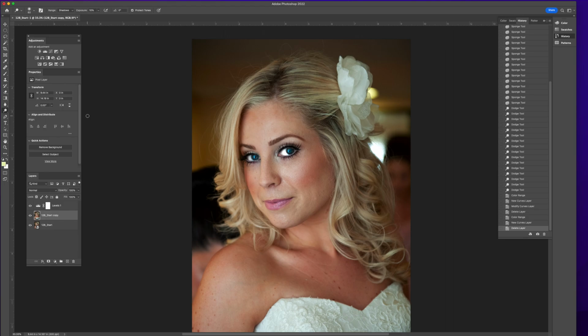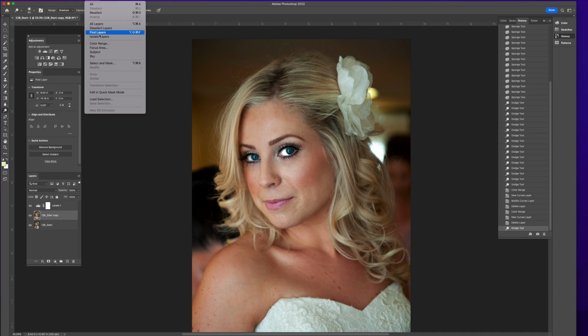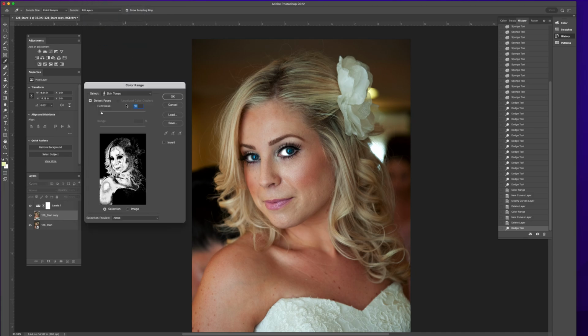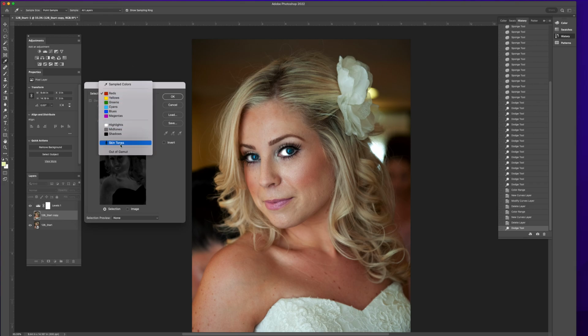So now we're going to be adjusting the skin tones. How are we going to do that? Well, let's do it together. Choose Select, Color Range. Yours will probably look something like this. So you're going to choose skin tones,